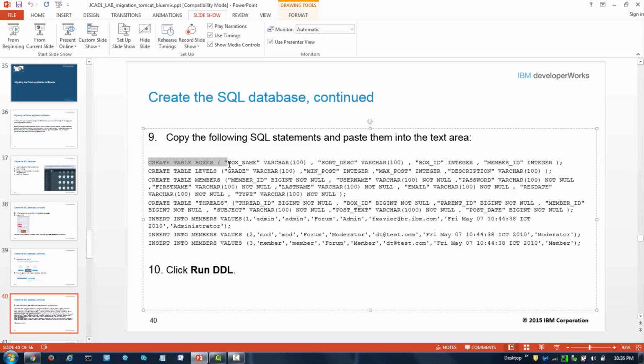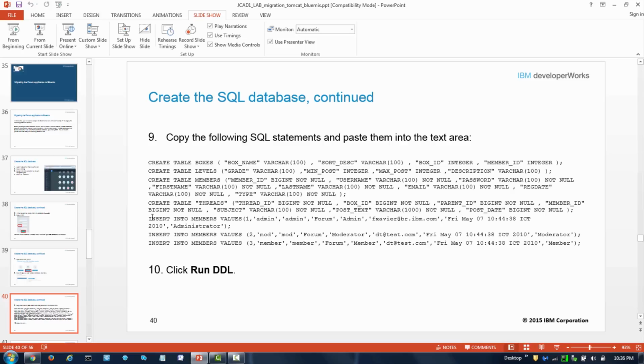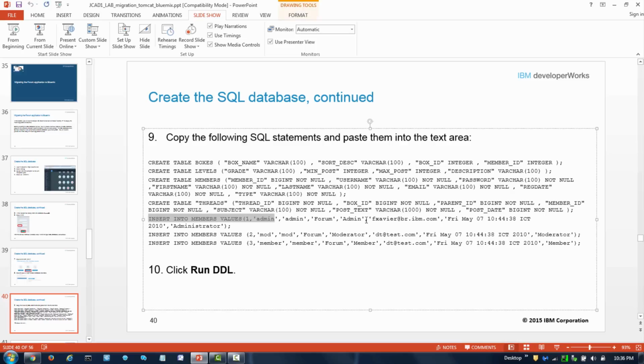We're going to create a boxes table, levels table, members table, and threads table, which are the tables needed for the forum application to work. Initially, we're also going to insert 3 members so that when we deploy the forum application to Bluemix and it first runs, we will be able to log in. So I'm going to make a copy